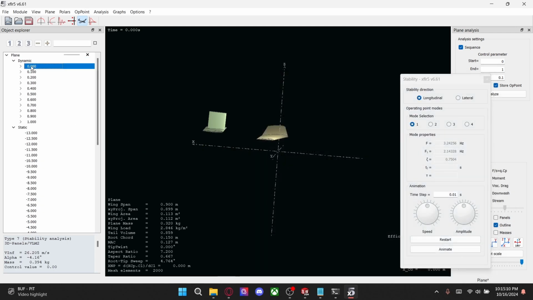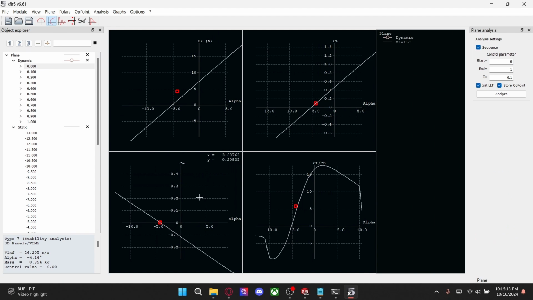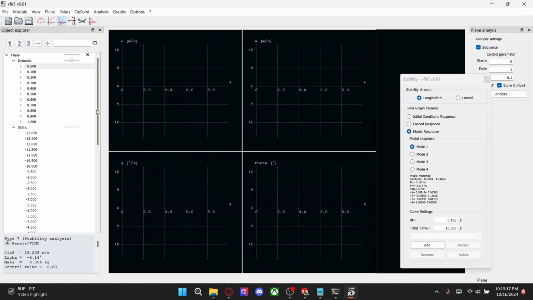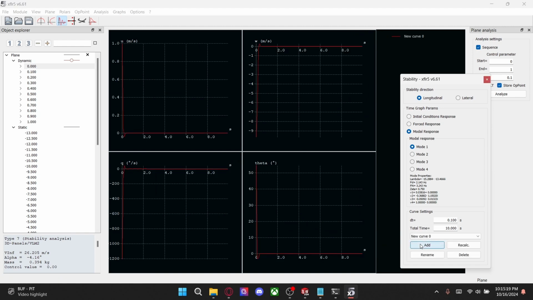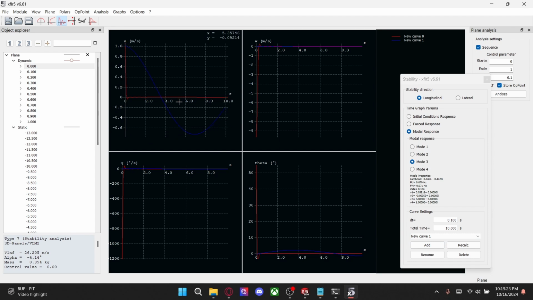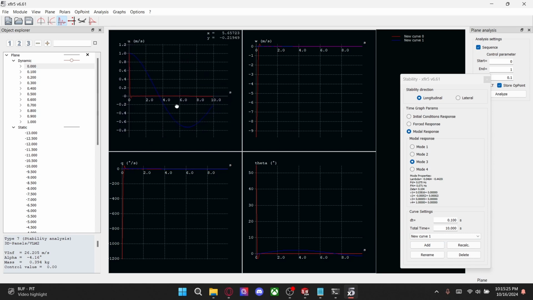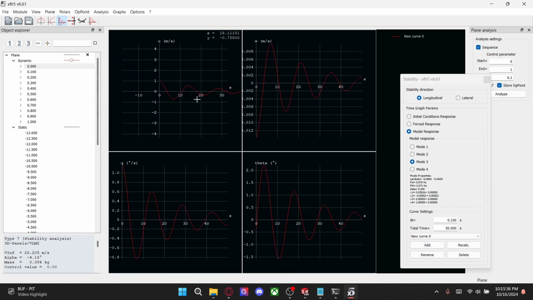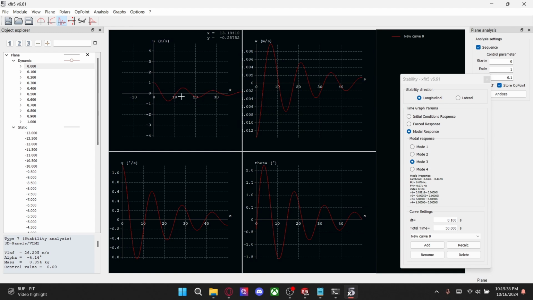Very cool. So save this. So as you can see, negative slope, so it is statically stable. And then now we can look at our different modes. Mode 1 3 stable, and mode 3. Actually, that looks pretty good. If we bring that out over, say, 50 seconds. Yeah,